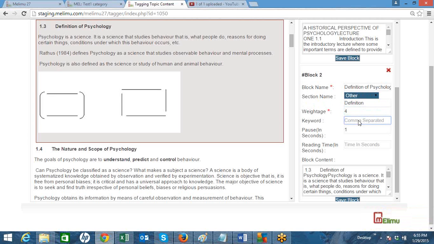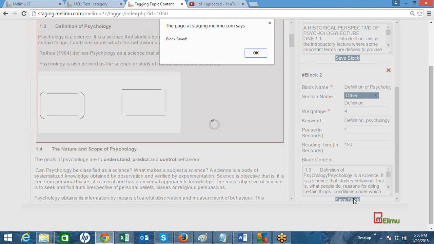Then provide the keywords, definition, comma, psychology, etc. Reading time should be 60 seconds or 120, whatever you feel suitable. You can change the block content if you want, then click Save Changes.